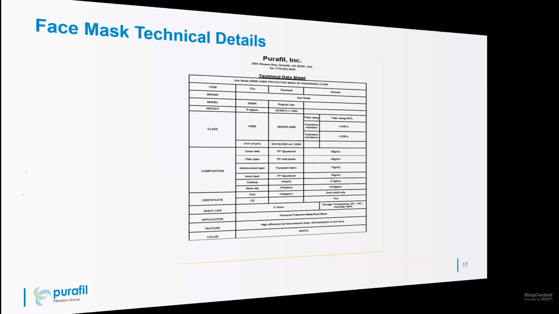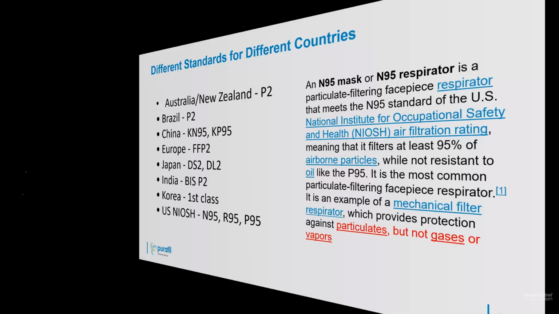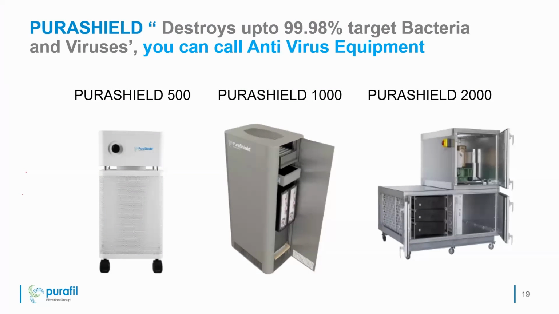So this is a Pura Shield in which we are incorporating the PuraWatt technology. The PuraWatt technology is a fiber which is mixed with the fiber of the filter, and it has embedded copper and silver ion. When any virus comes in contact with that fiber, the ion attacks the lipid profile of the virus, and the virus gets deactivated. And after 5 minutes, it dies. So technically, we are not killing the virus through PuraWatt technology. When we make them inactive, they die. The concept is clear.